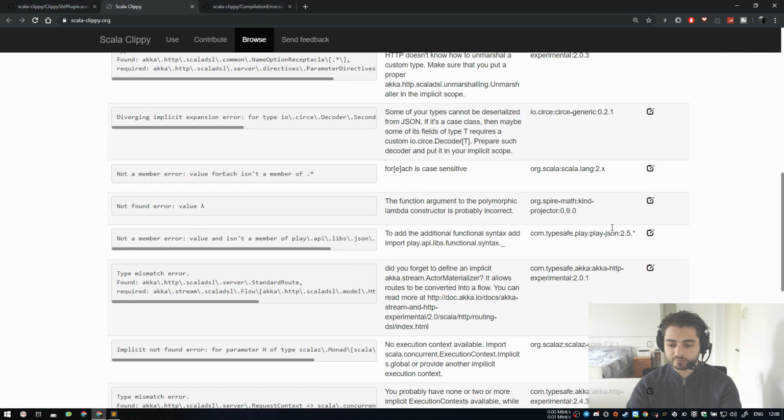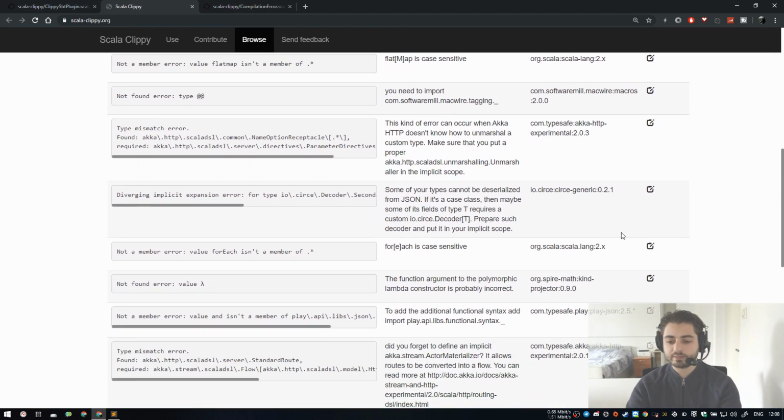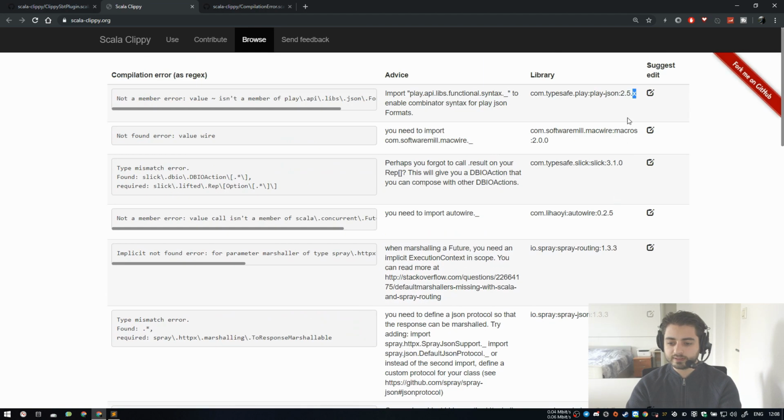or maybe somewhere later over here. So we have major, minor, patch. Okay, so this one is the minor one. This one is the patch one. Okay, so this one is the actual advice, right? So this is the advice that you will see. It will say import this to enable combinator syntax for play JSON, and this over here is a regular expression that will pattern match on the actual compiler error message,